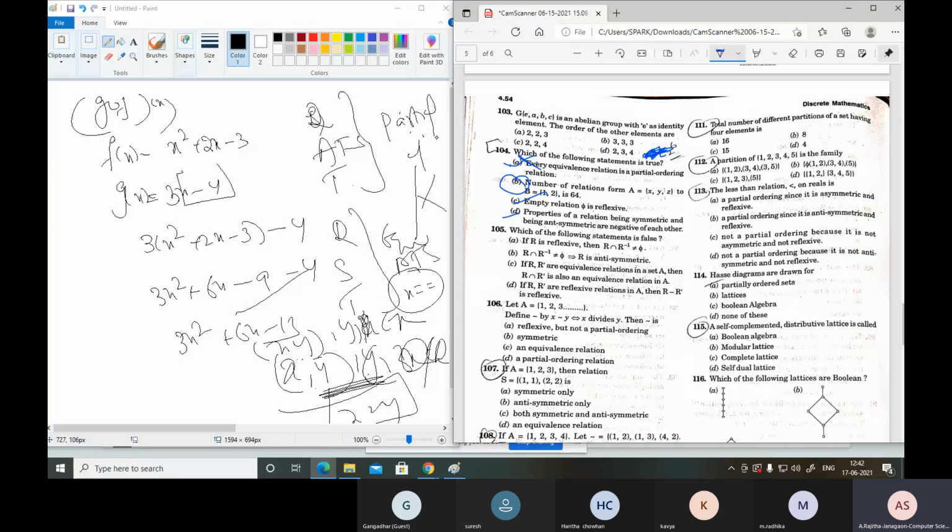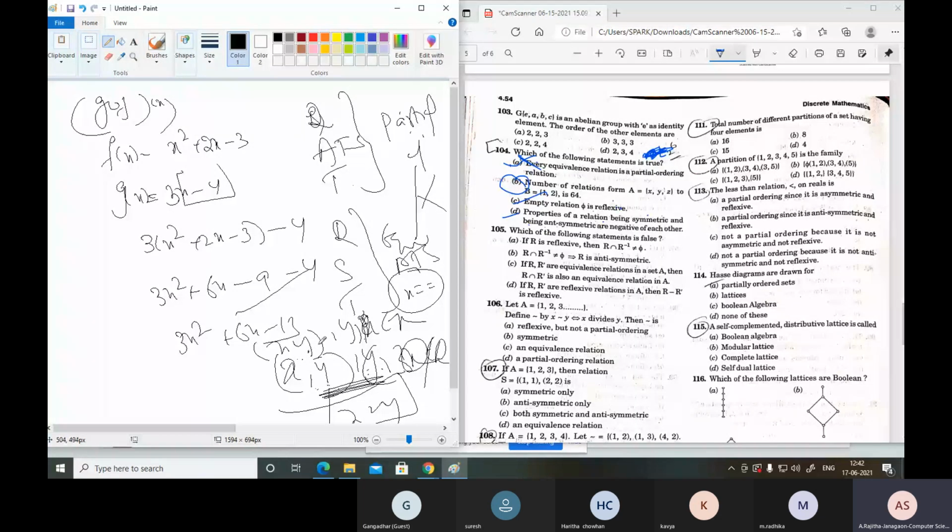And empty relation phi is reflexive. So this is a false statement. And properties of the relation being symmetric and being antisymmetric రెండు కావు. Symmetric and antisymmetric రెండు కావు. చెప్పాను x, y belongs to R, y, z not belongs to R, then both of these two are same. So if it is symmetric, x, y and y, z, y, x belongs to R, that means these three